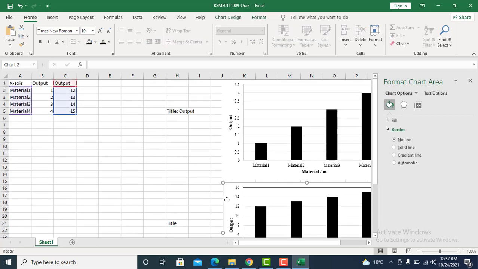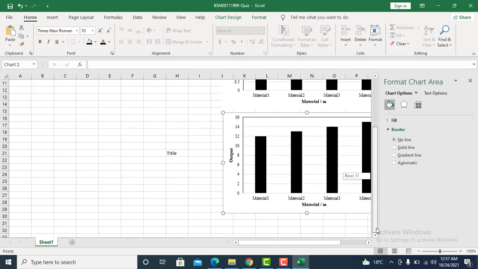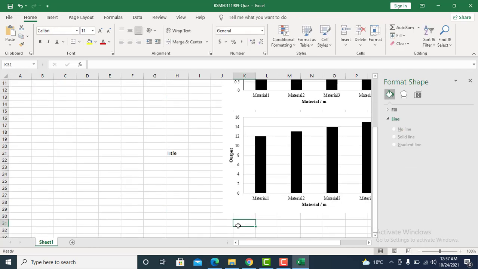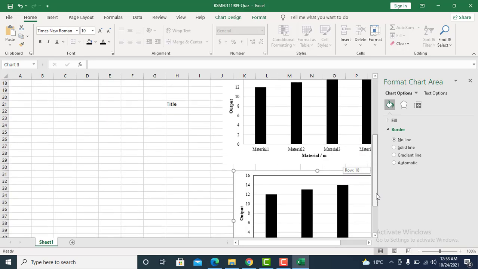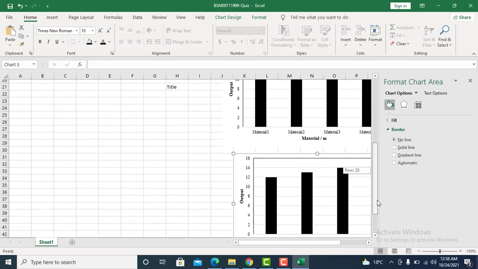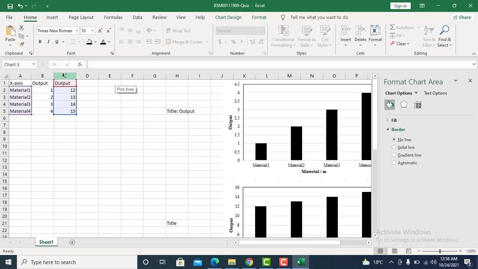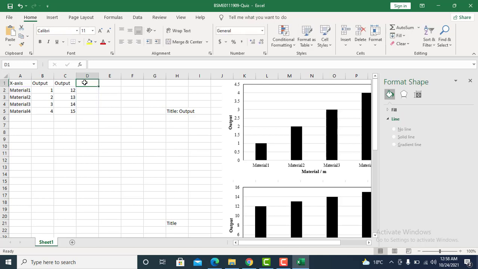Similarly, copy this graph again and paste it here. This is your 3rd graph. Now just select the columns that correspond to the 3rd graph. So click on the 3rd graph and here you can see the output function. We will move it to here and rename this cell to be output 3 and enter the values here.